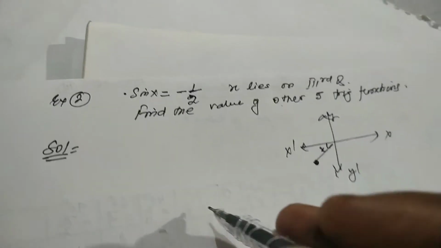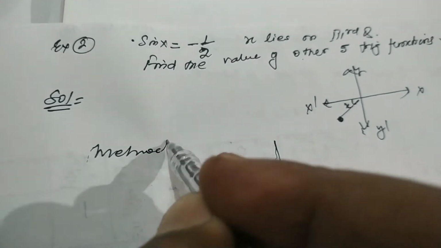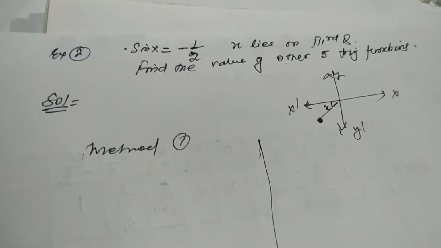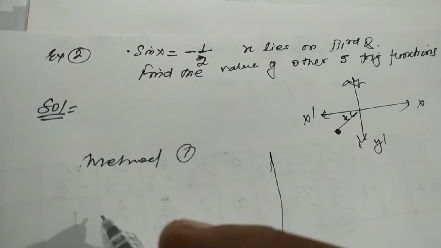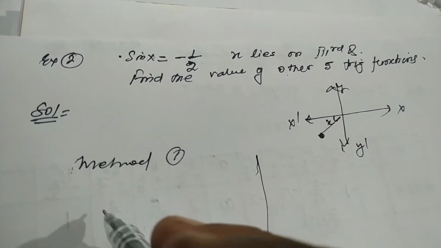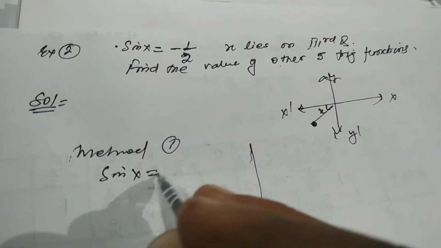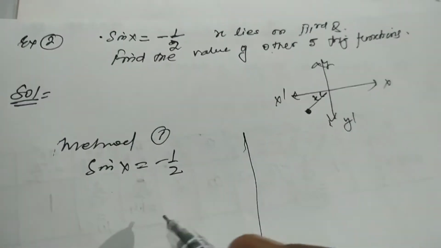Let's check this one. There are two methods to solve such type of problems. We will solve this simultaneously. This is method number 1, by using the identities. That means whatever rules we have learned in class 10th and in previous sessions we will use. Like we have sin x is equal to minus 1 upon 2